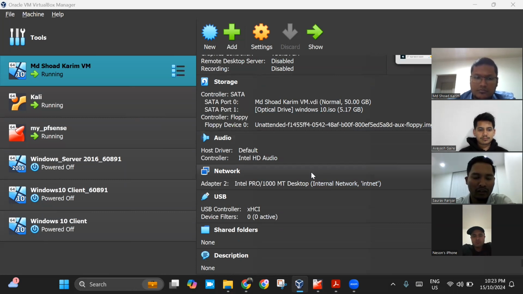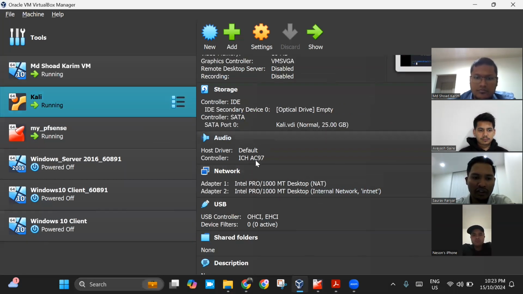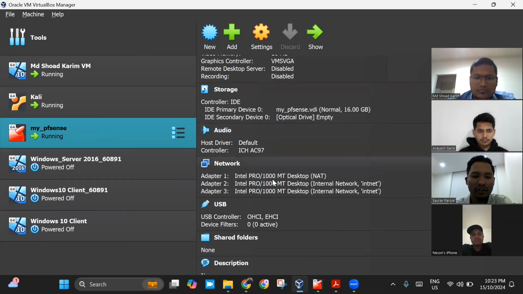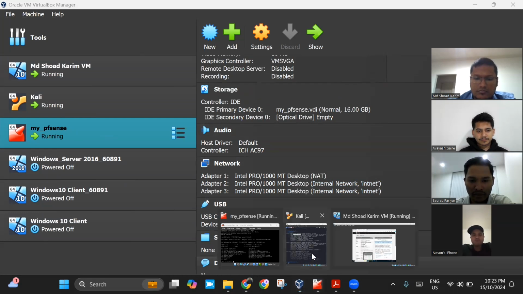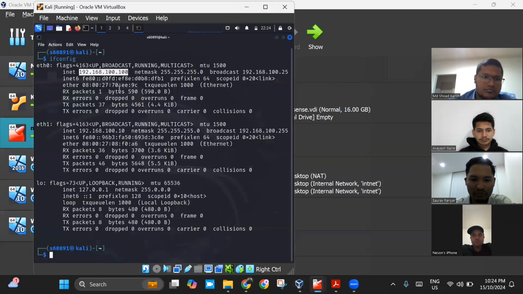If you see in my Windows VM, adapter 2 is connected to the internal network, and if I go to the Kali VM, adapter 2 is connected to the internal network as well. The same if I go to my pfSense VM, we can see adapter 2 is connected to the internal network as well. Now if I go to my Kali VM, open the terminal and type ifconfig, we can